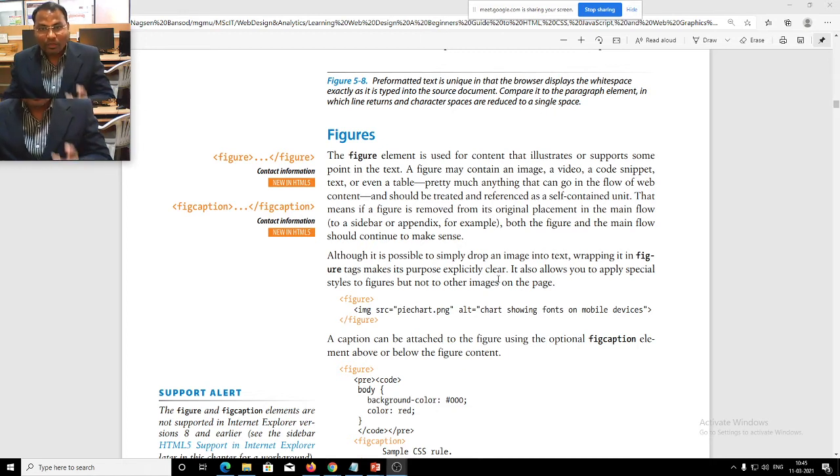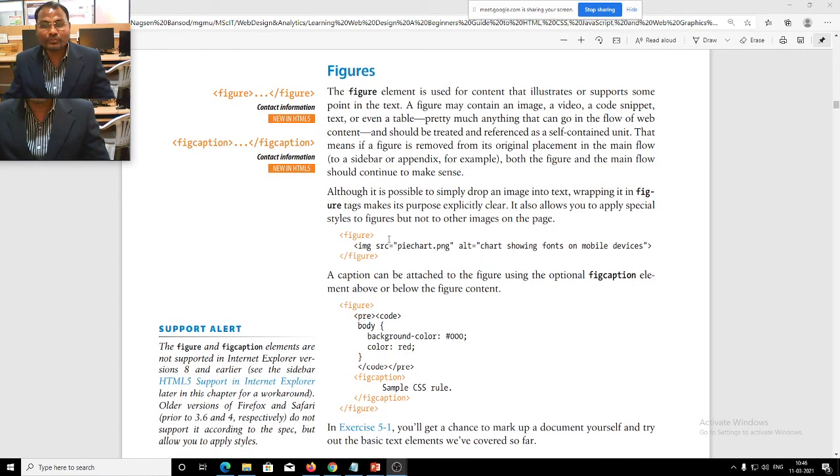Pretty much anything that can go in the flow of web content and should be treated as a reference as a self-contained unit. That means if a figure is removed from its original place in the main flow, moved to a sidebar or an appendix, for example, both the figure and the main flow should continue to make sense.